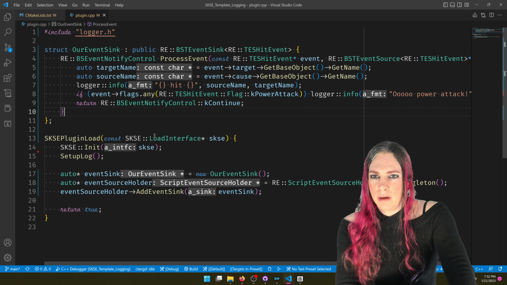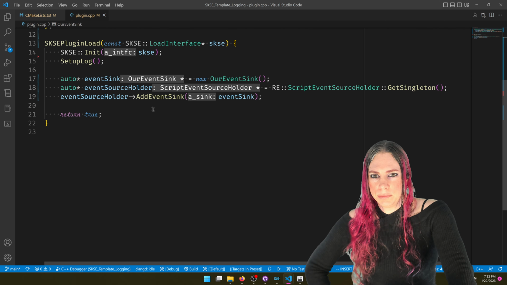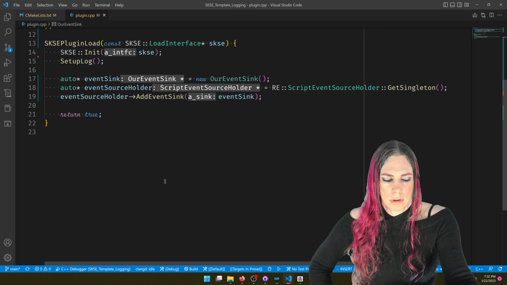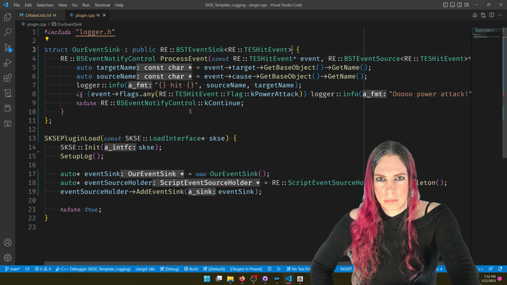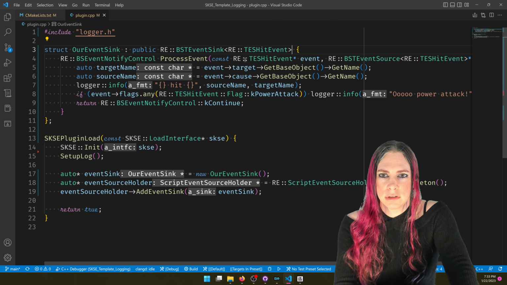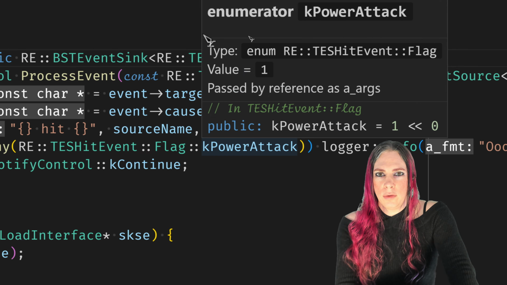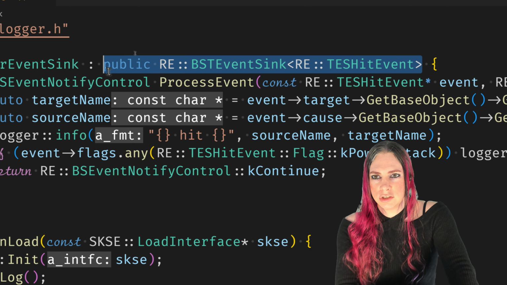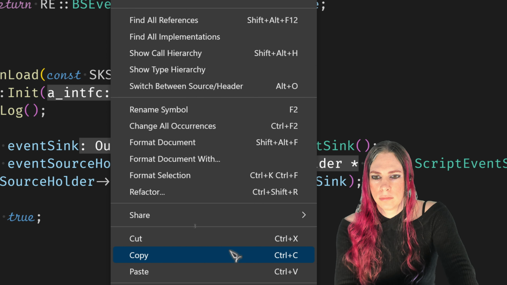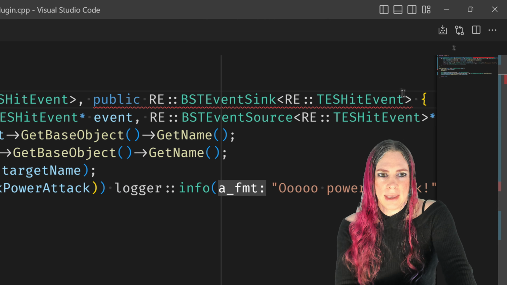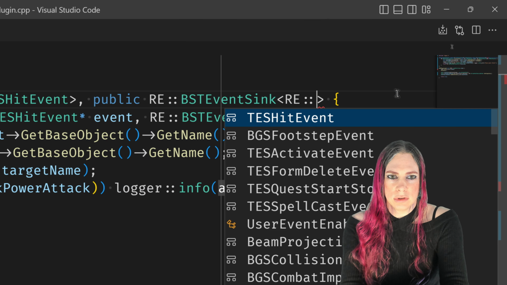Let's see if we can handle a different event that is a script source event, and then we'll do... yeah, here's a great one. Activation events. These are my favorites. So we support this BSTEventSink<TESHitEvent>. Let's copy that whole thing. Add a comma and add the whole thing again. And now we're going to do test